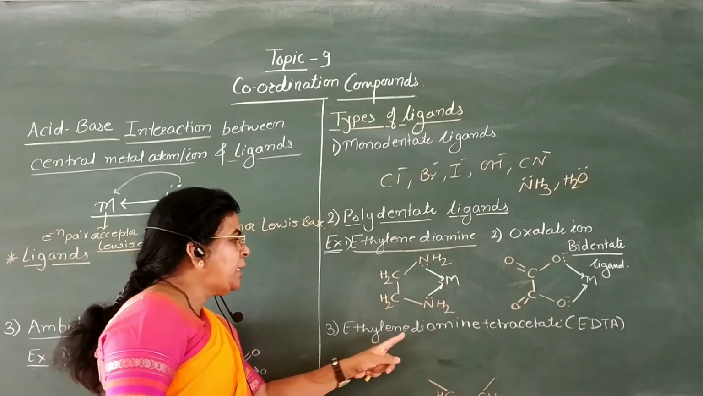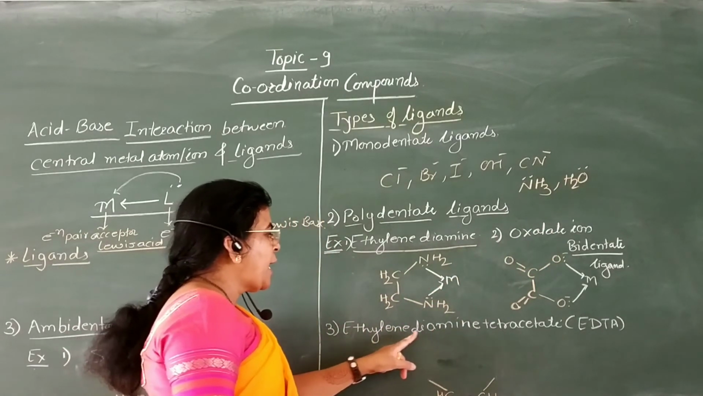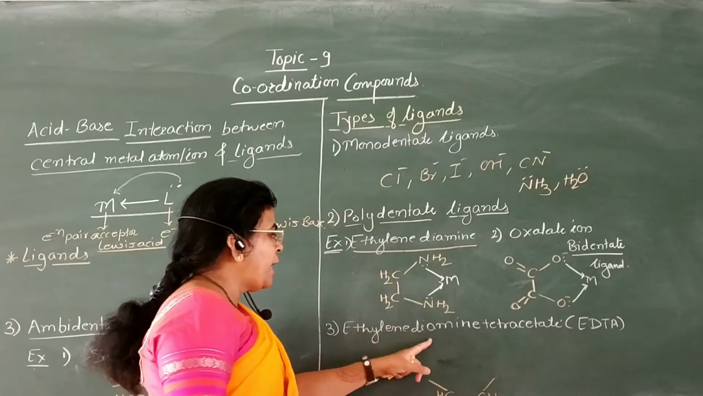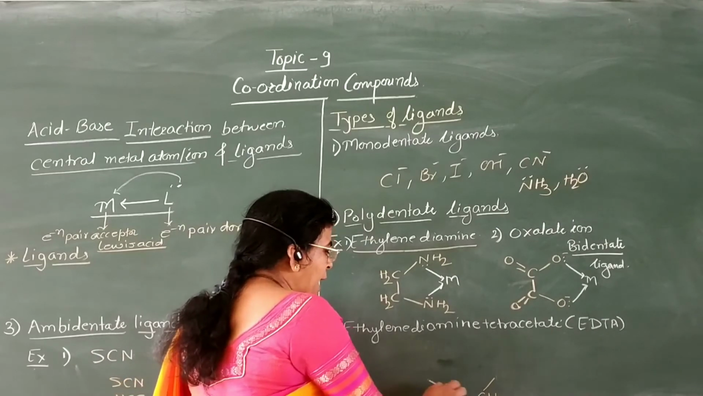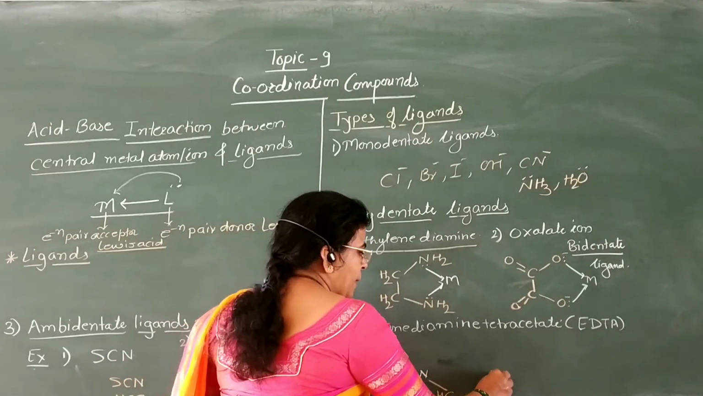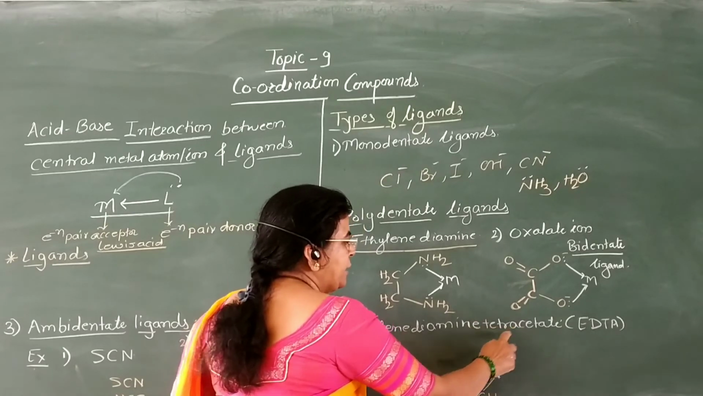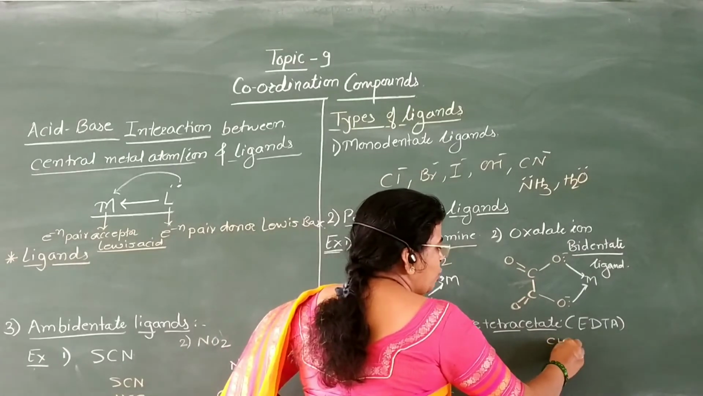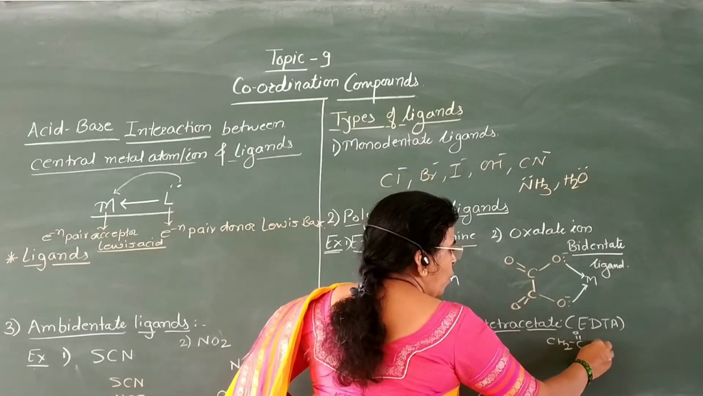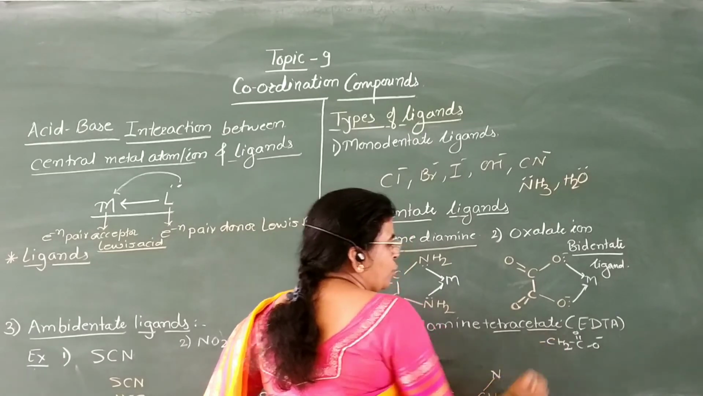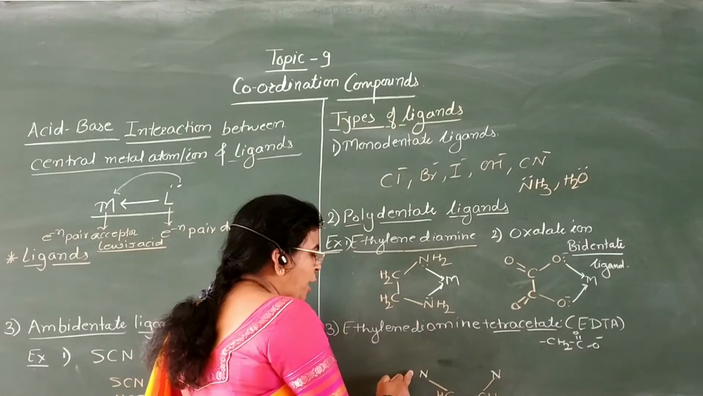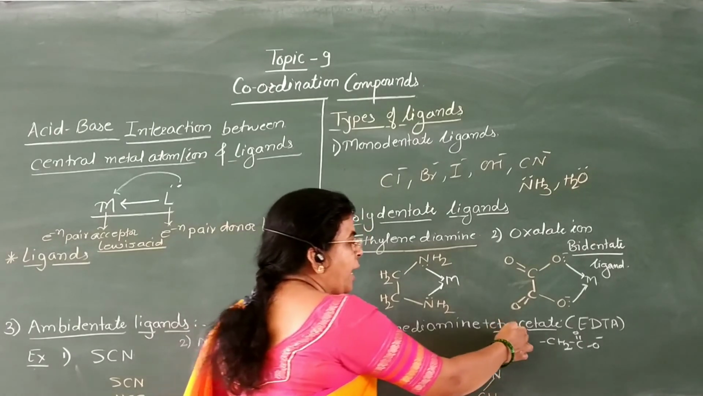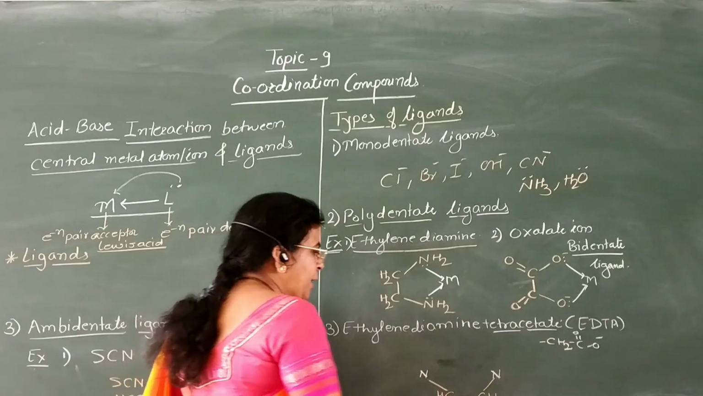Third example is ethylene diamine tetraacetate, or EDTA. Ethylene diamine: this is the ethylene group, and diamine means two NH2 groups. Tetraacetate: tetra means four, and acetate group means the CH2COO group. This is the acetate group. Here the hydrogen atoms from this NH2 group and this NH2 group are replaced by this acetate group, and then it becomes